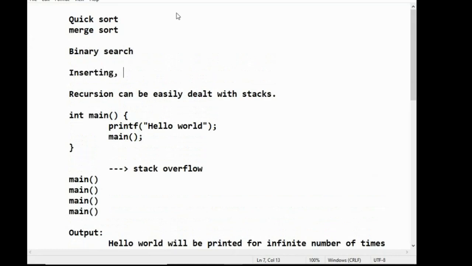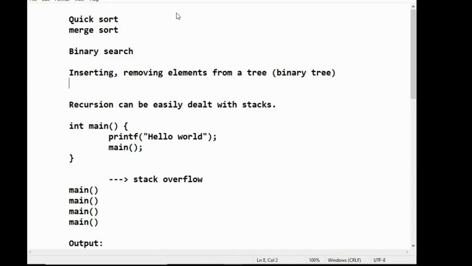Inserting, removing, and traversing elements of a tree, it may be a binary tree, or a binary search tree.